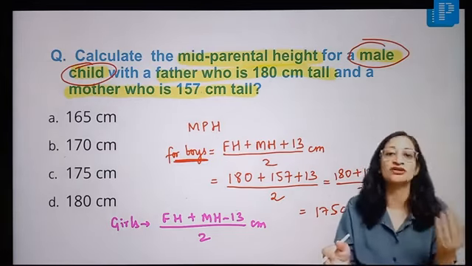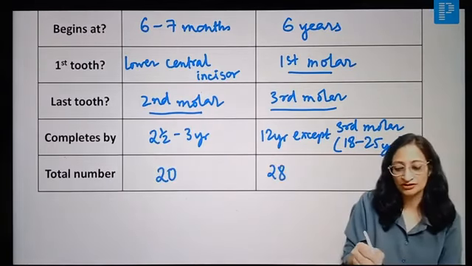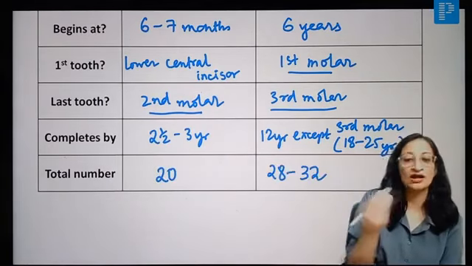The third molar or wisdom teeth usually erupts between 18 to 25 years of age and may not erupt in some of us also, right? And the total number of teeth in primary dentition, how much is it? So it is 20, while in permanent dentition it is 28 to 32 depending on how many third molars have erupted. And the period of mixed dentition, if someone asks you, is what age group? So mixed dentition is between 6 to 12 years of age, where there will be some temporary teeth and some permanent teeth inside the oral cavity of the child, right?